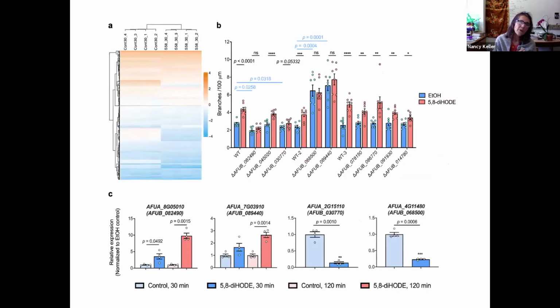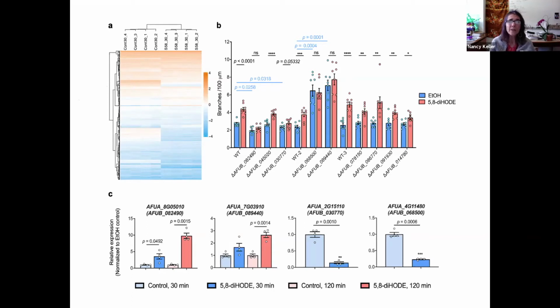Now we were fortunate enough, as I say, to have enough of this 5-8 that we actually went to where we really wanted to go in the first place, and that was RNA-seq. Actually, I had no idea what RNA-seq was when I was starting the study, because it had not been a technology when I started working with oxylipins, but it's a very powerful one, as you know. We found that treatment with 5-8, and we did a 30-minute and 120-minute study, because we thought it's a signal, things are going to happen right away, and they did.